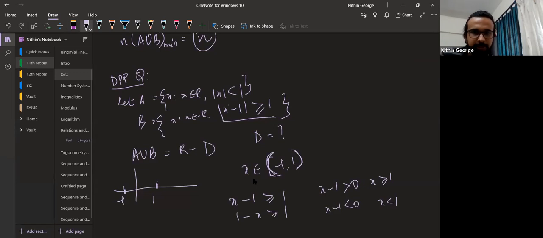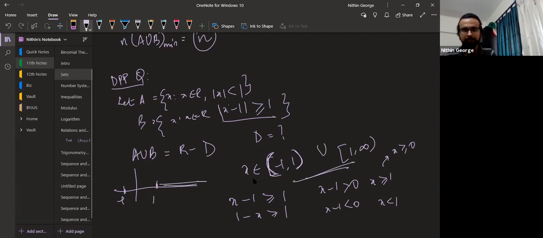So here, what do I get? x greater than or equal to 0, while x greater than or equal to 1. So this gives me 1 to infinity. I also take that along with me. Next, x less than 1. What are they saying? This is happening. Or I can say that x minus 1 should be less than minus 1.